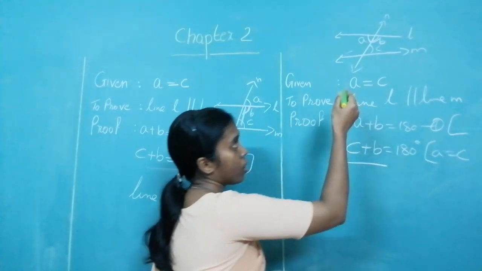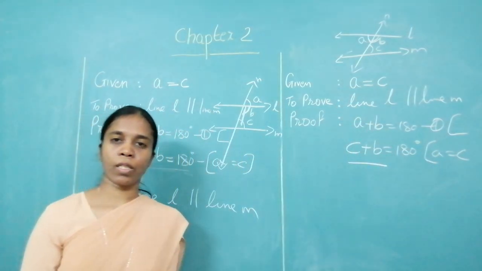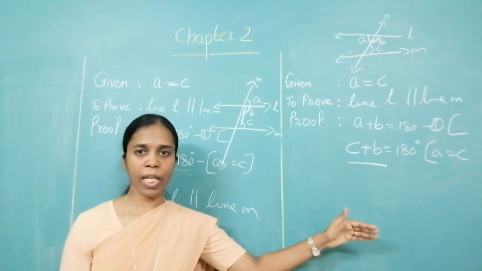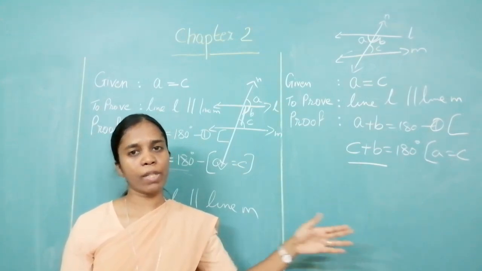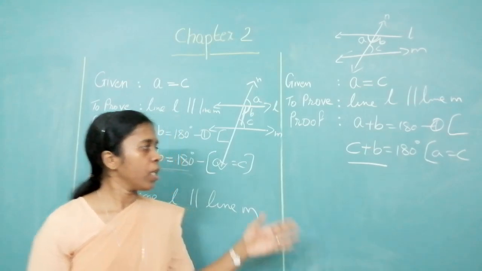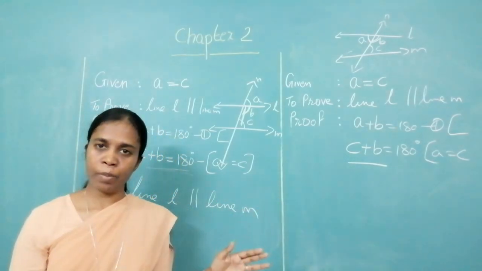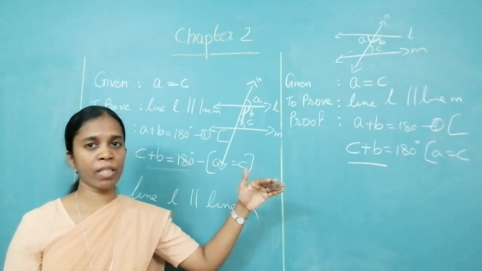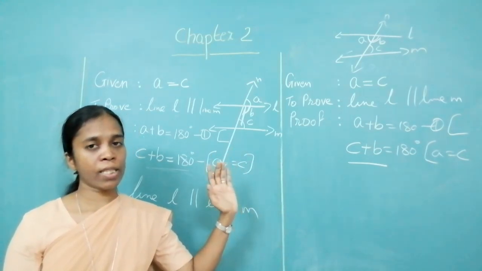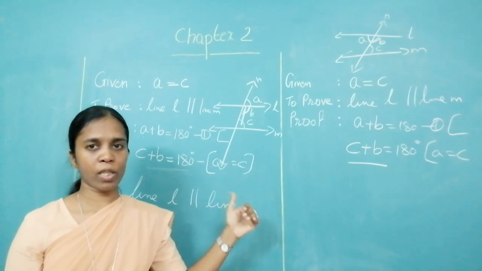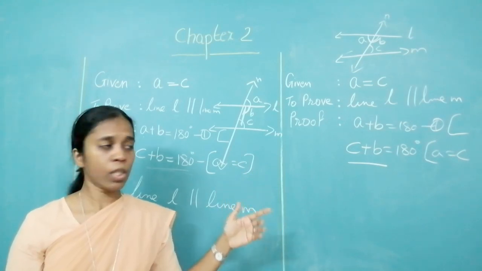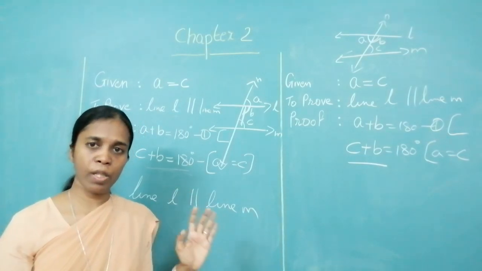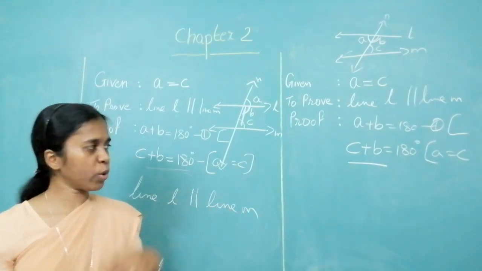Now what is C plus B? C plus B is my interior angles. So I have shown that interior angles are supplementary. And if the interior angles are supplementary, then the given lines are parallel. Both these are in the same similar manner. Just opposite of what we have done, that the lines are given to you as parallel and prove that corresponding and alternate angles. Okay. It is just the converse of what we have done in those two theorems. Very simple, very easy. Please go through it.